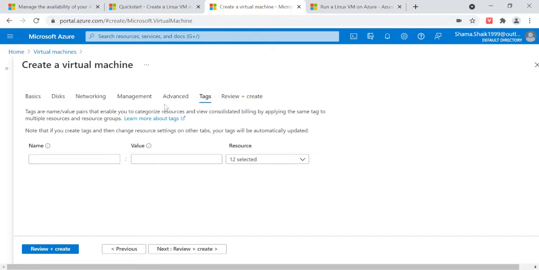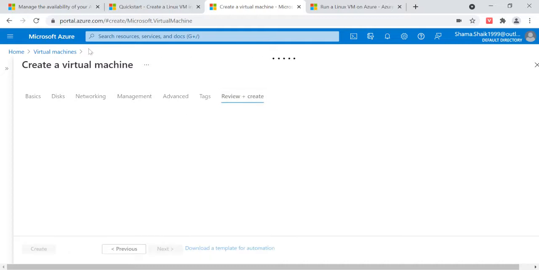After completing all these things, you can go for review and create, so that it will review all the details which you have given and show the cost and everything. If you are okay with all of it, you can just create. The create button will be enabled after review and create gives the validation. If your validation is successful, only then it will enable the create button. Otherwise it will not give you the create button, and you again have to check all the things. You can get to know what things we have to mention. So this is nothing but creating a VM in your virtual machine.